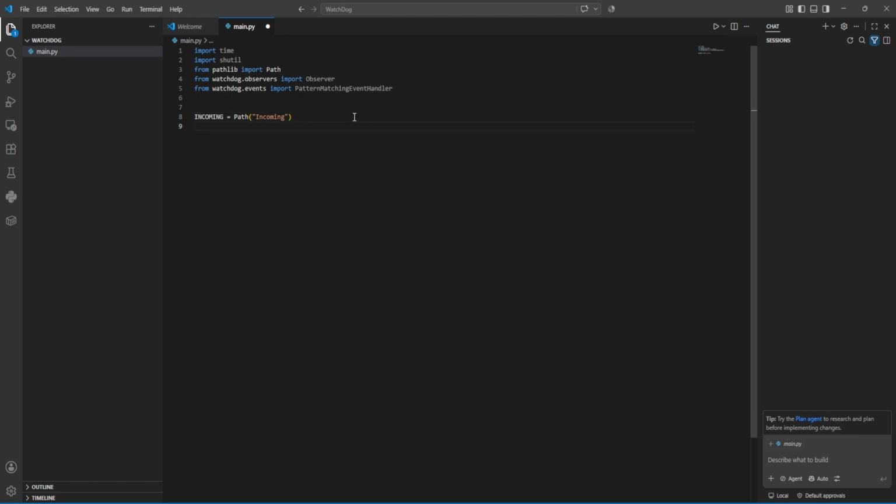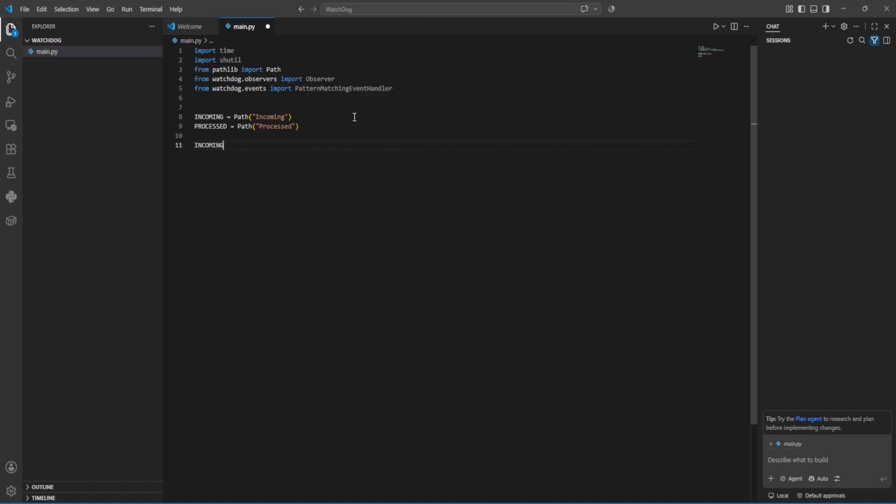And then we'll create the processed folder, processed, and again Path processed. So we have defined our folders, and now we will use the command mkdir,